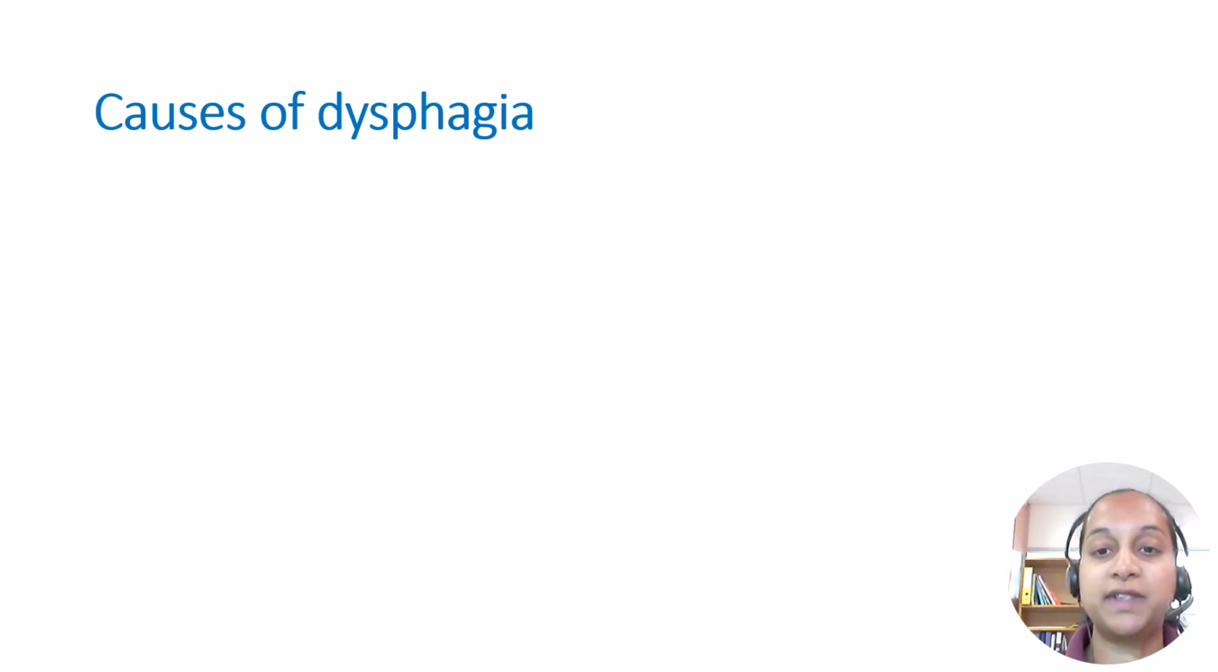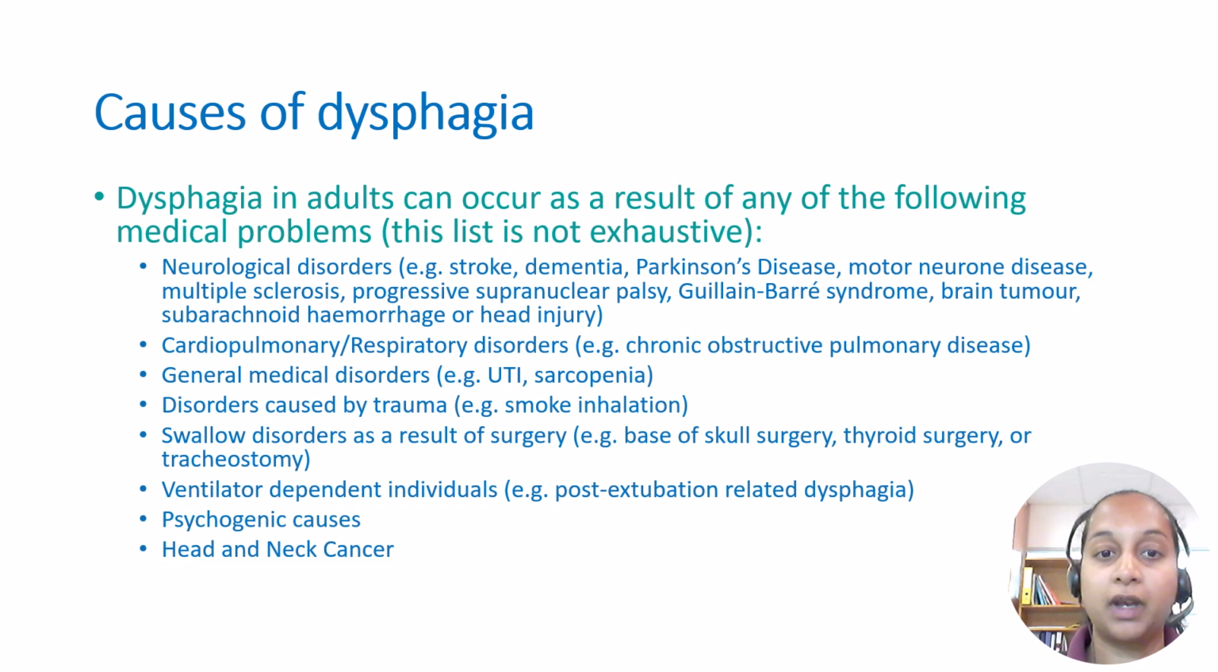Now to go on to a bit more detail about the causes of dysphagia. Dysphagia in adults can occur as a result of any of the following medical problems, and this list is not exhaustive. There are many neurological disorders which affect many residents here at Care for Veterans, including stroke, dementia, Parkinson's disease, multiple sclerosis and head injury, cardiopulmonary and respiratory conditions such as COPD, general medical disorders such as UTIs and sarcopenia, which is generalized physiological weakness as one gets older,